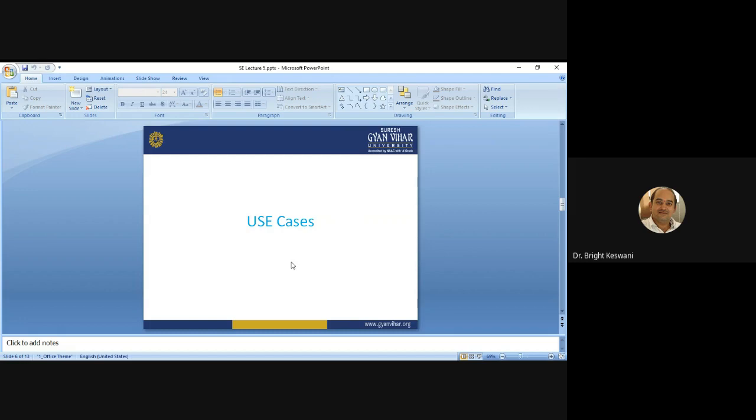The first objective is to define the functional and operational requirements of the system in the present scenario, and the second objective of use cases is to provide a clear description of how the end user and the system interact with each other. So there are three objectives of use cases. The third objective is to provide a basis for validation testing. There are a number of testing types, but use cases are used only for validation testing.